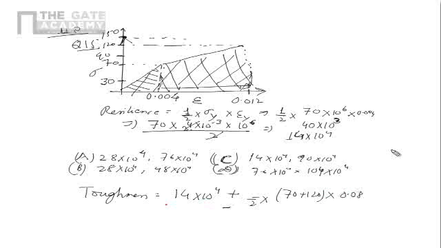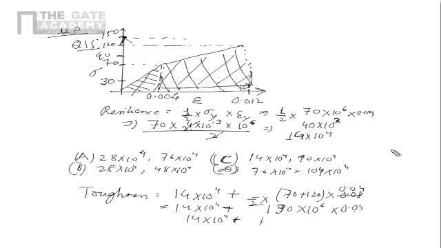So that becomes 14 into 10 to the power 4 plus this is 70 plus 120 is 170. By 2 we can divide this by 0.04. So that becomes 170 into 10 to the power of 6, because it is megapascal, into 0.04. No, sorry, not 170, 190. So that becomes 14 into 10 to the power 4 plus this is nothing but 0.04